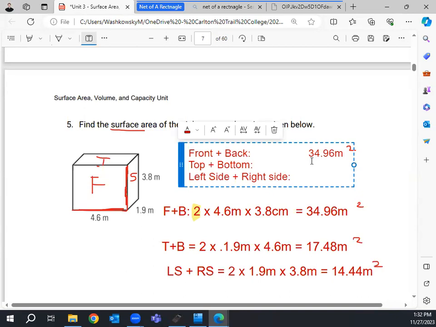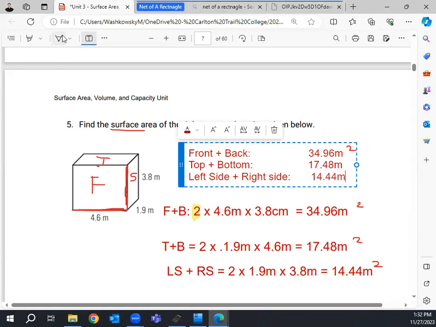Cool. So again, a really common mistake people make here, well, not a mistake, but just a difficult situation, is maybe you write really big. You notice how I have my stuff pretty well organized here. I've labeled what each thing is. They might forget what number, because you're going to be looking at this for multiple minutes. Your short-term memory just might blank out on it, right? That's fine. That's why I'm keeping myself organized up here at the top, 17.48 meters, and the left side and right side were